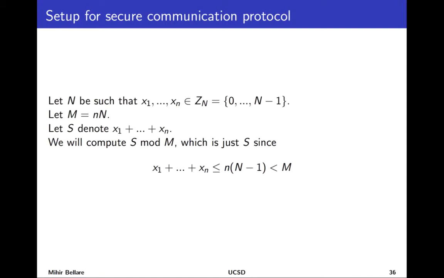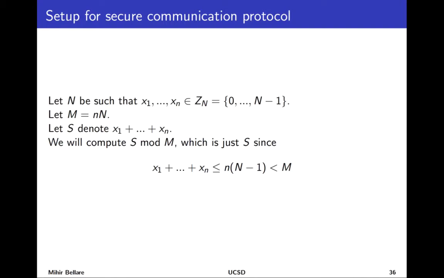So here's how the protocol works. We'll first start by fixing a public number n such that all the private values belong to Z mod n. So they're all between 0 and n minus 1. Now, that may sound like an assumption about the maximum, which is true, but usually it's quite easy to know